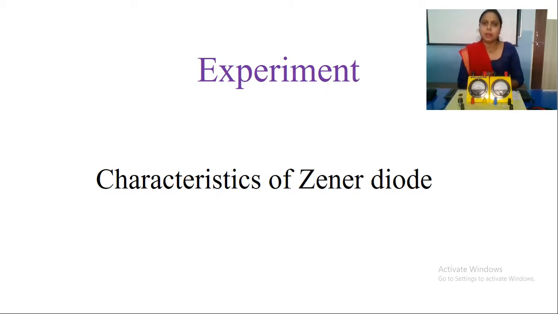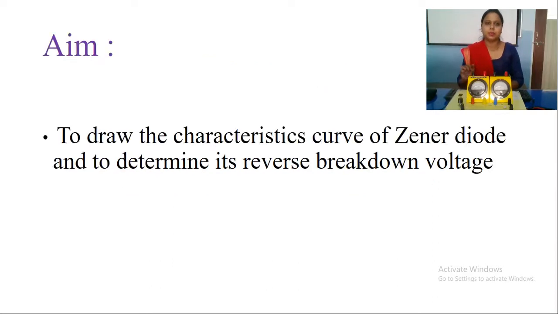In reverse bias condition, the Zener diode is a special type of diode. It works in reverse bias condition also. So this is the very special thing regarding the Zener diode. This application we are going to study here. The Zener diode will function in reverse bias condition, and after that we will study how it works and what the characteristics of Zener diode are. So let's move on to the next step.